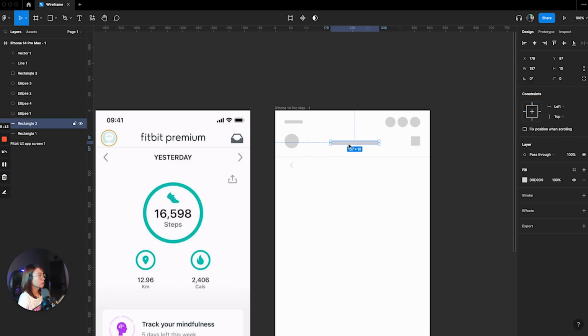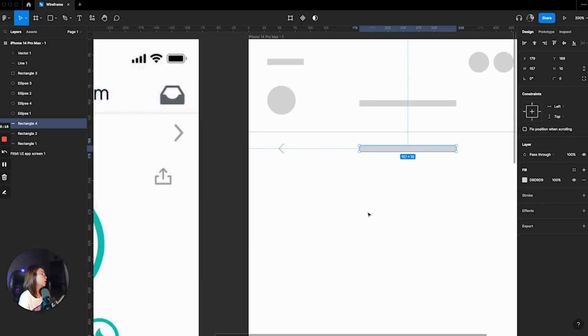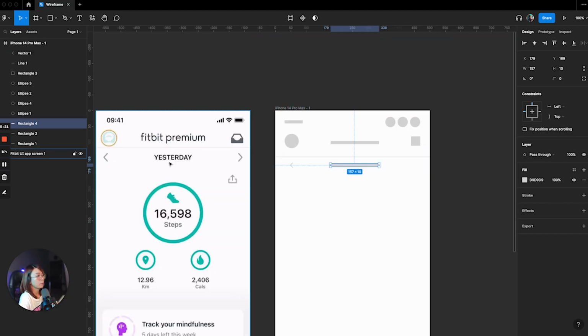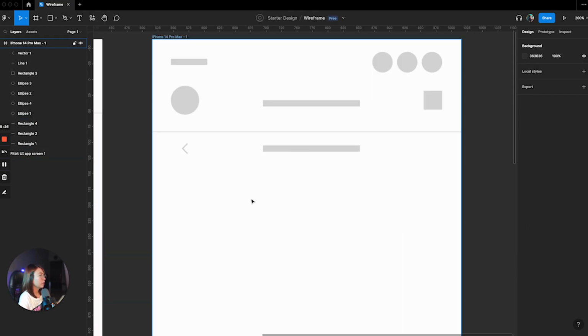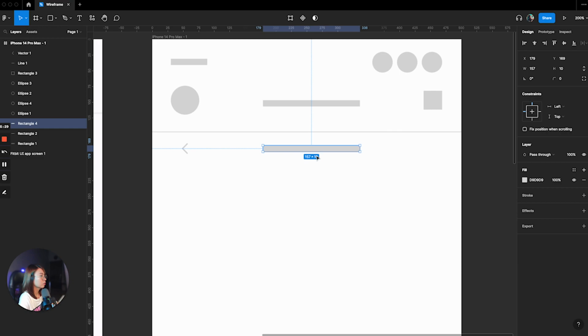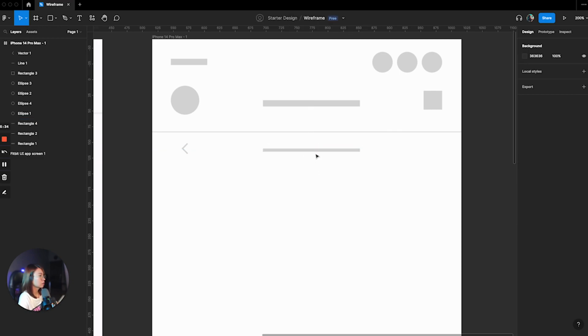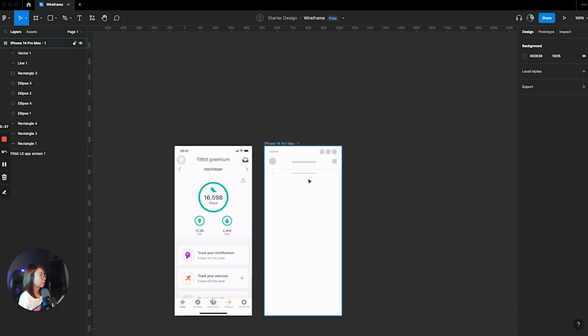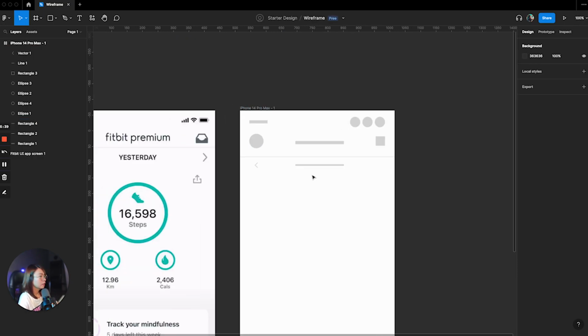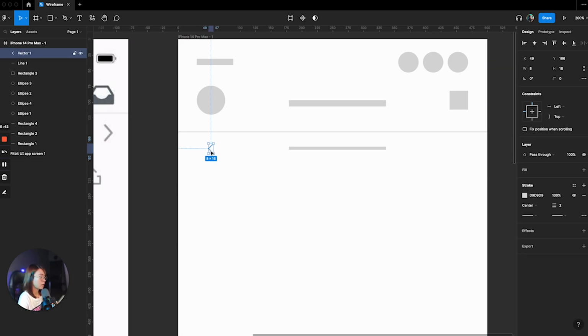And this one, it's a text again. So let's just duplicate this. And maybe because it's more of like a sub headline, so let's make it a bit thinner. Let's just adjust the stroke or there. Okay, and then we will just duplicate this arrow and rotate this so it will be facing on the right side,